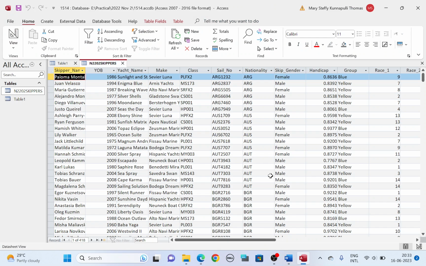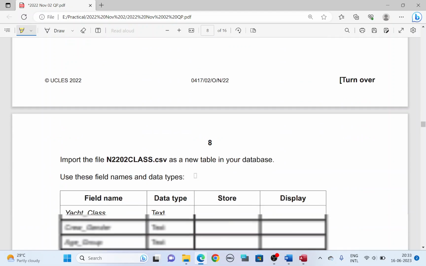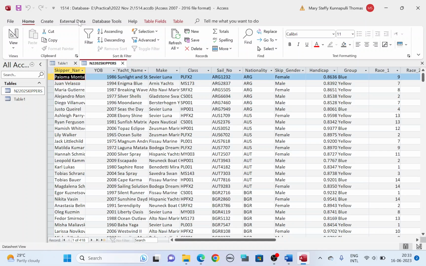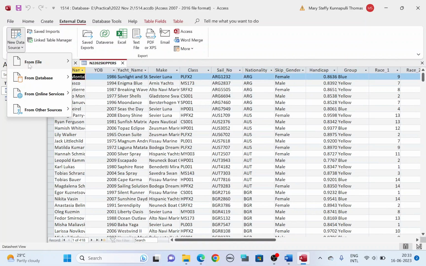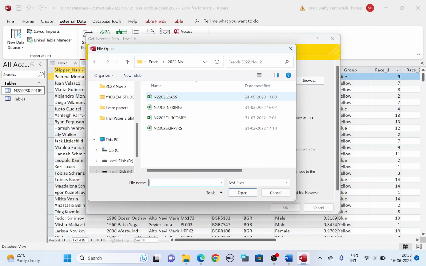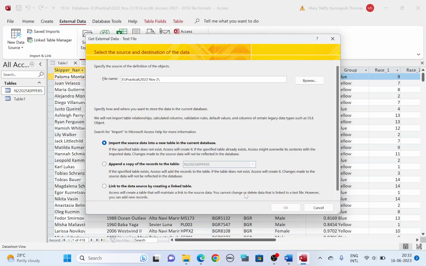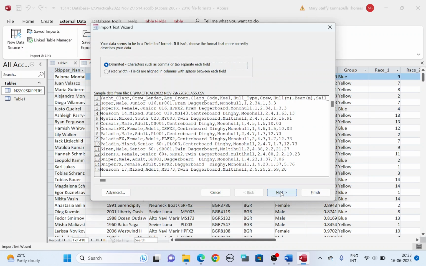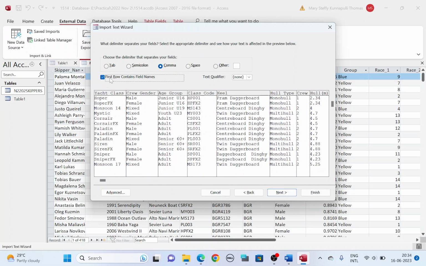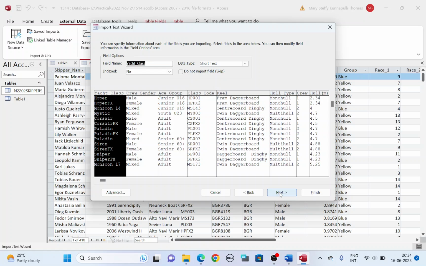Moving on to the next step, import another file, N2202 class, as a new table. So again, external data, new data source from file, text file, browse for class, N2202 class. Okay, move to the next page, set first row to be the field names. Next,